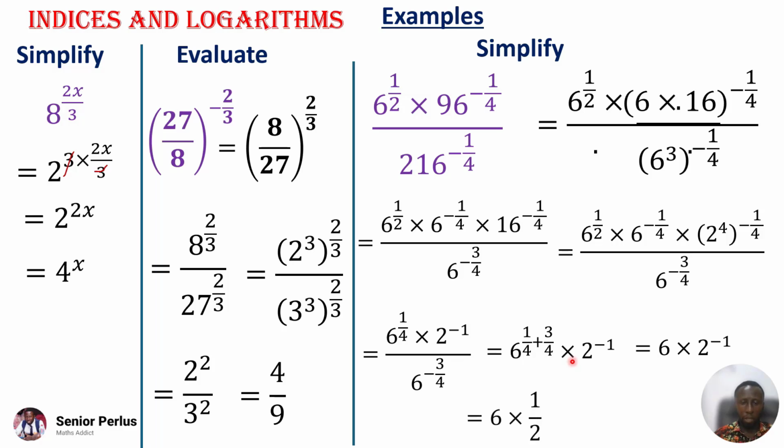Then we continue from here. And this is the same as 2 to the power negative 1, which is 1 over 2. And if you simplify, you get 3 because 2 goes here 1, 2 goes here 3. And this is the answer for this simplification. It was very tough, but with the steps, the laws and the rules, you were able to solve this